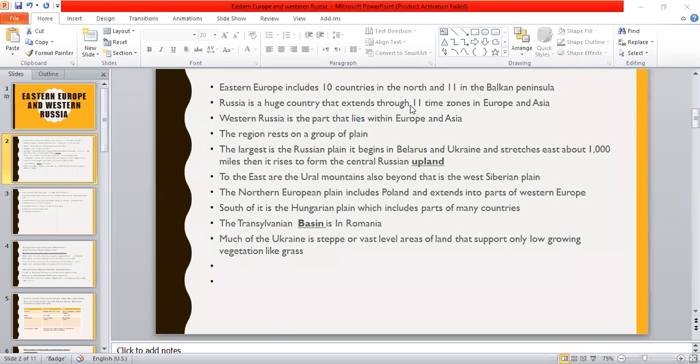We also have the Ural Mountains, which form the boundary between Europe and Asia, east of the Russian plain. The Ural Mountains are up to 25 million years old, and the northern Urals are covered in forests and some glaciers, and grassland covers the southern Urals. So again,